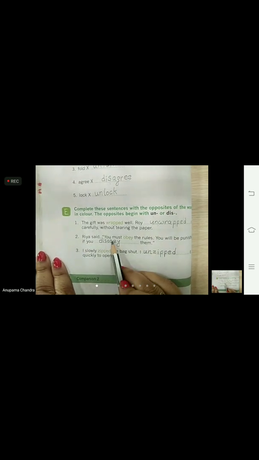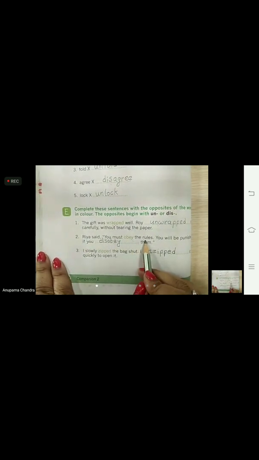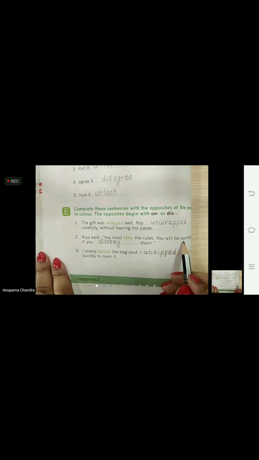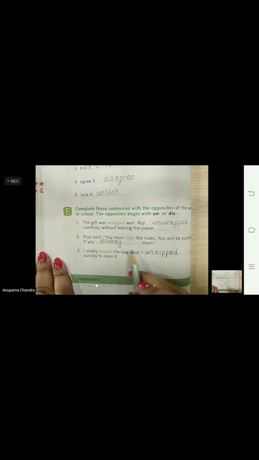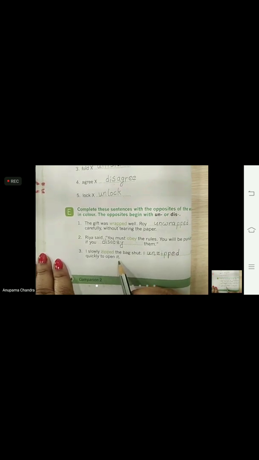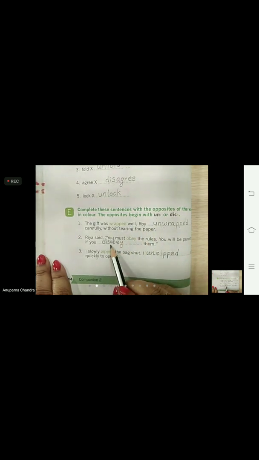Ria said, "You must obey the rules or you will be punished if you disobey them." And the third one is, I slowly zipped the bag shut. I unzipped it quickly to open it. So here the opposites are wrapped, unwrapped, obey, disobey, zipped, unzipped.